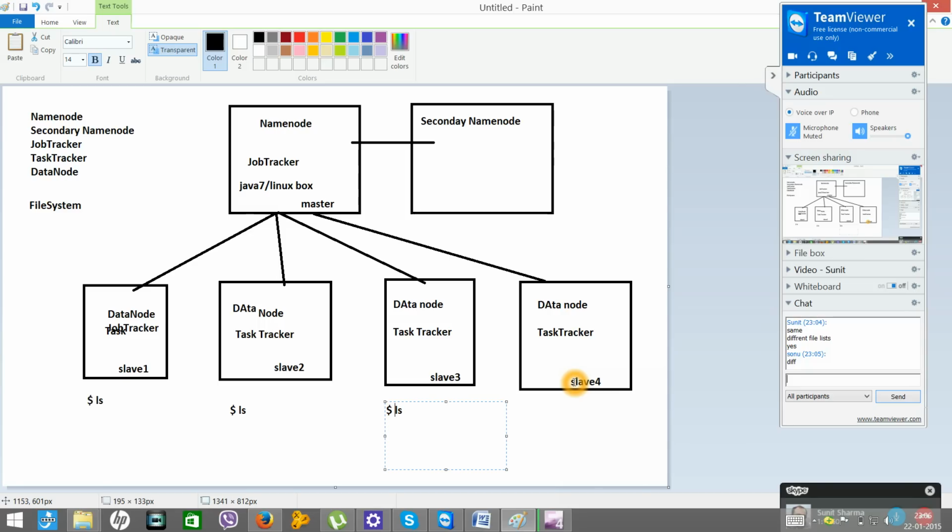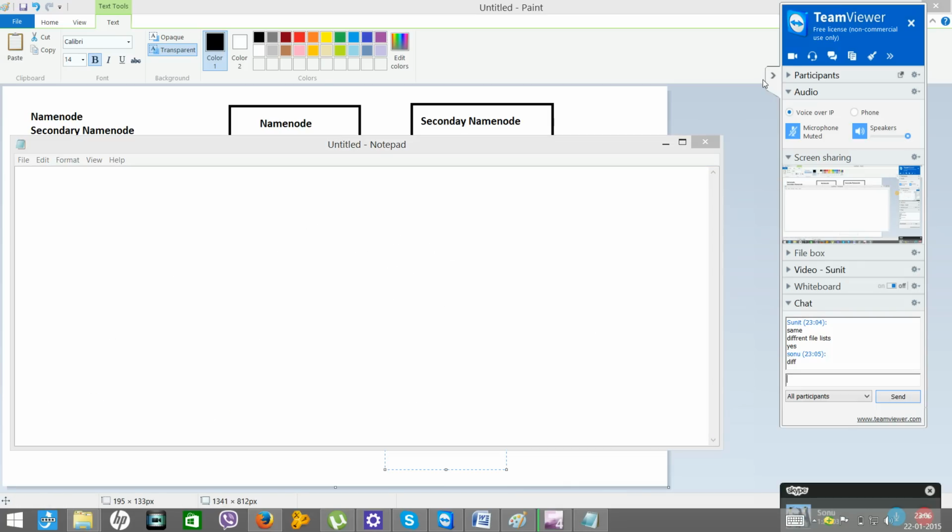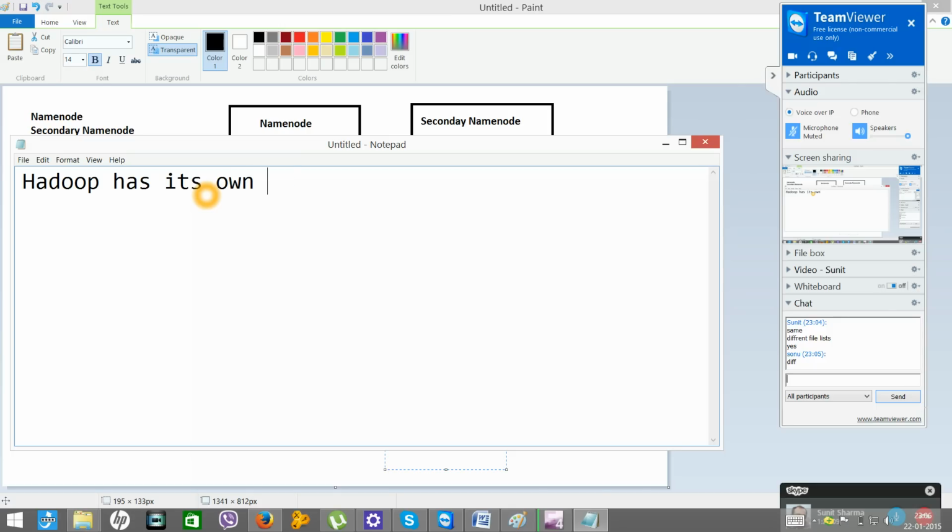But when you install Hadoop on this system, when you configure it and make it a cluster, two things will come into the picture. Hadoop has its own storage system.